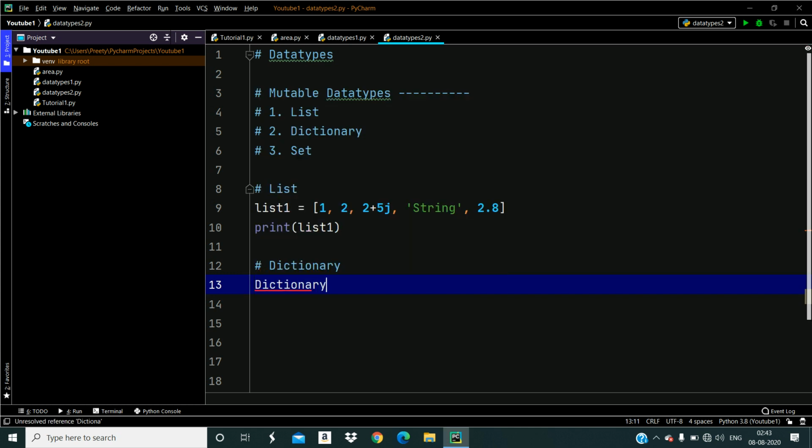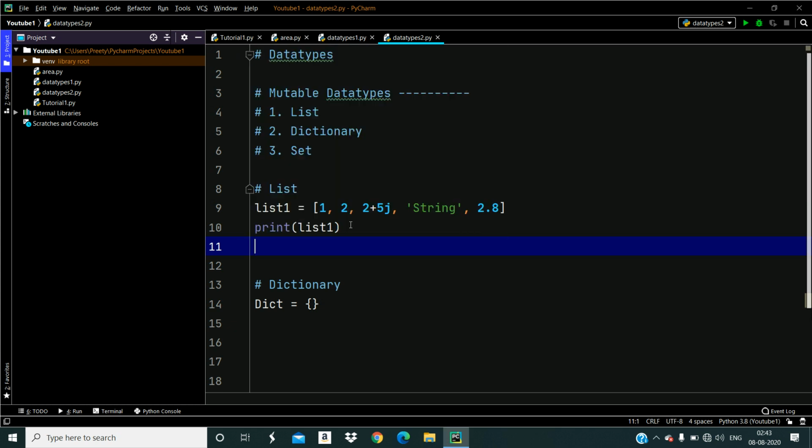So, dictionary, let it be dict. You define a dictionary under curly braces. And I would tell you one more thing about list: a list supports indexing, as you already know from arrays.